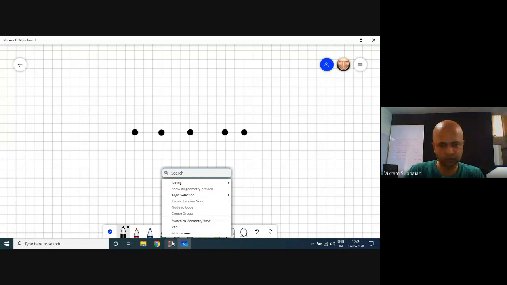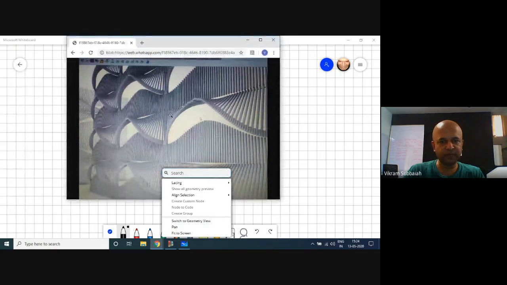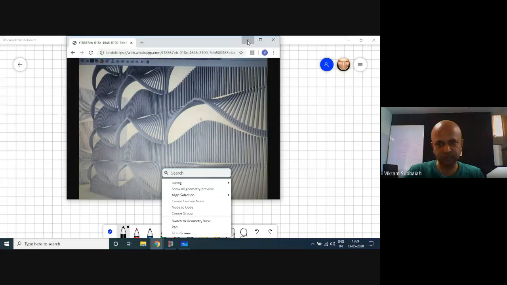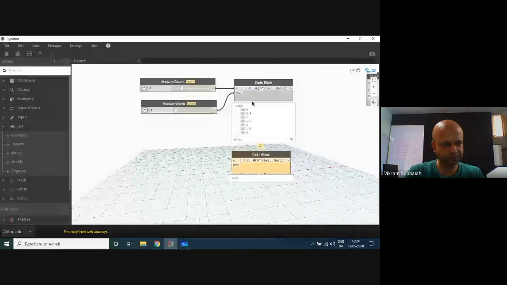If you want this kind of thing here, for every module we need 2 points, right? It's the same thing we need to do. Again, we need 3 points, 1, 2, 3, because we're going to take every alternate point, and we're going to use these as the curves. Making sense? Yes. So let's do that. We kind of need to repeat this whole thing.